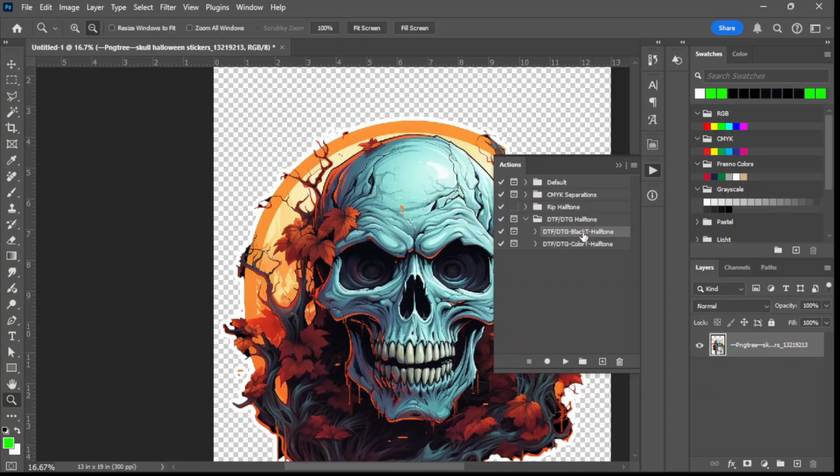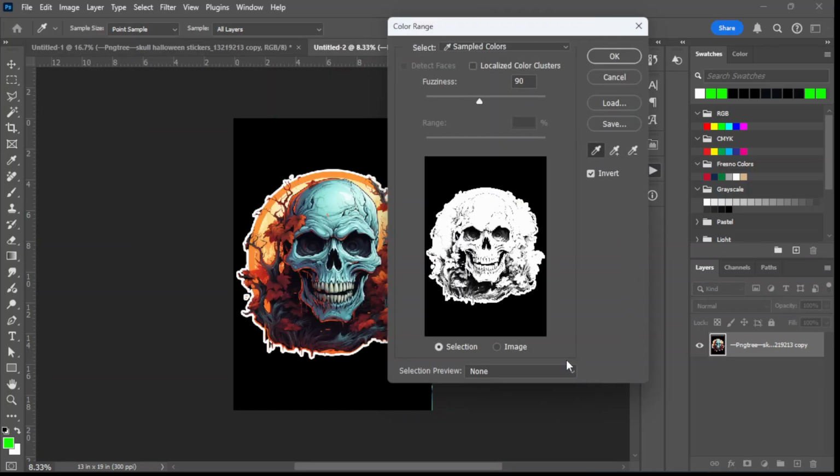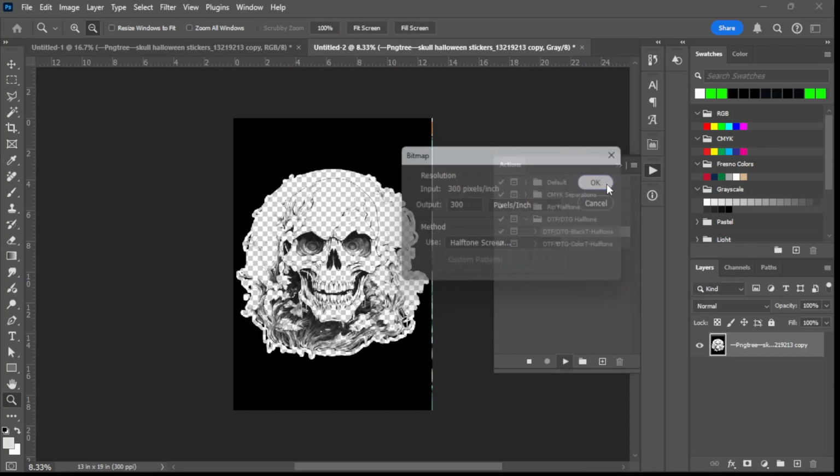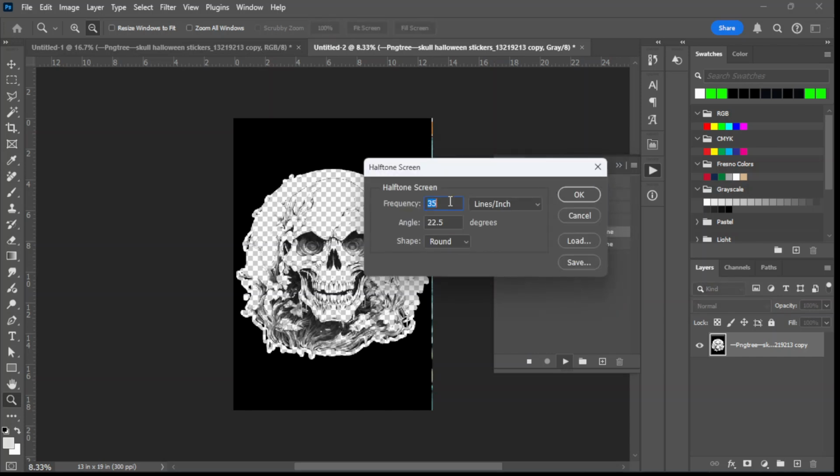So now I'm going to show you guys how to customize your actions. For example, on this right here, click play. You don't want this popping out, even though I recommend having this still pop out, because like I mentioned, how much black you select, it all depends on the image. I recommend having that on, but if you want, you could turn it off too. This option here, you could turn it off too. For example, if you want to use 35 all the time, and you don't want this popping all the time,